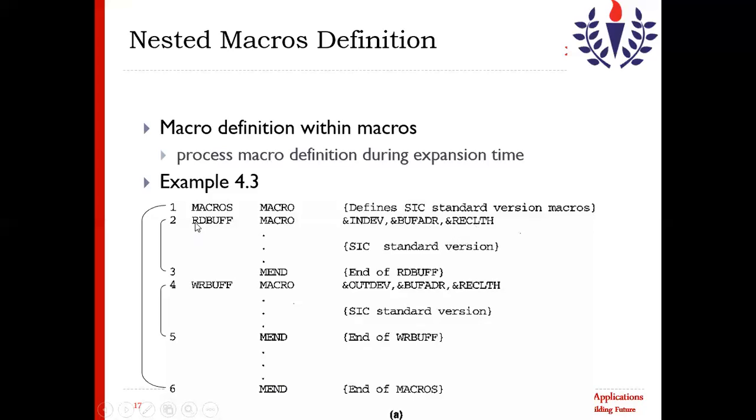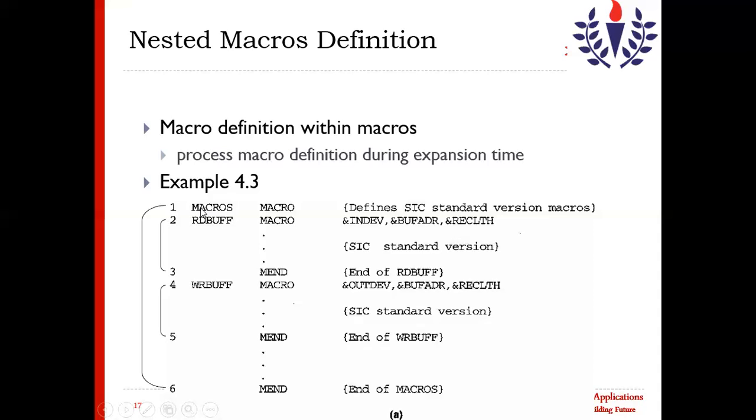So when this main macro is called inside our main program, this whole code from here to here will be replaced with the main macro. Then the lines from second to fifth will be placed inside this macro code.